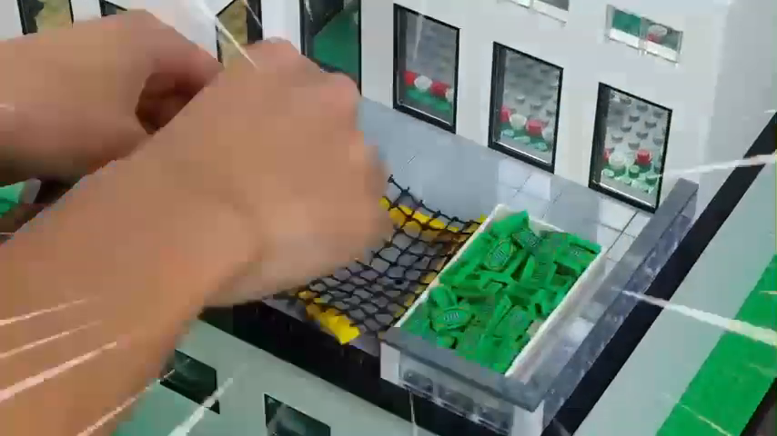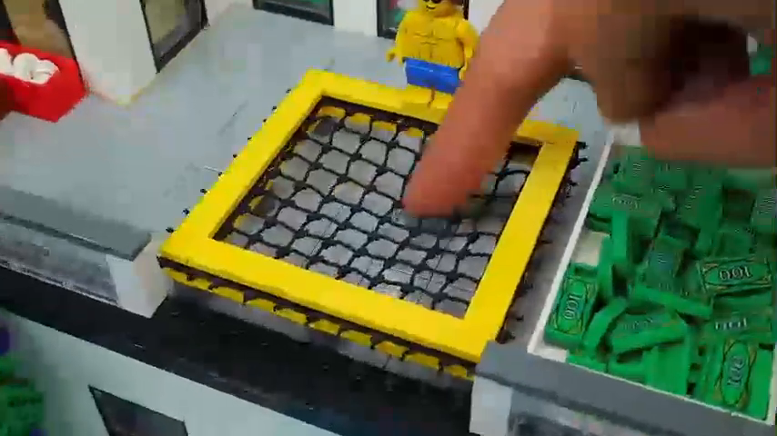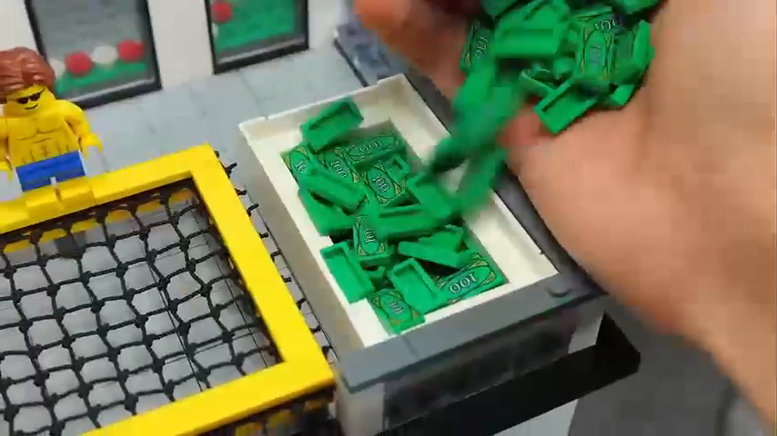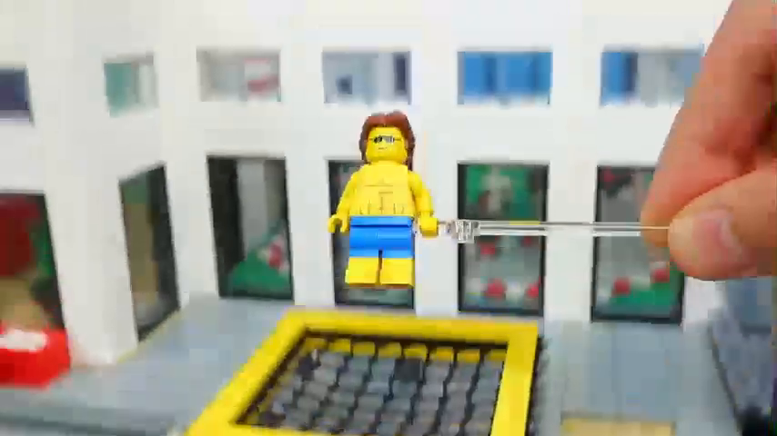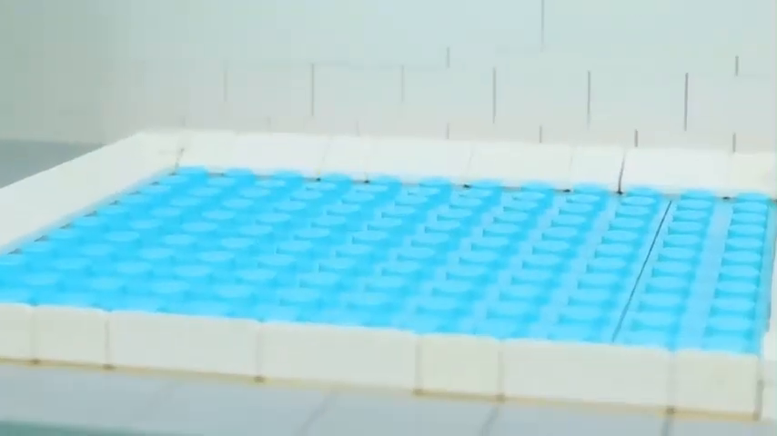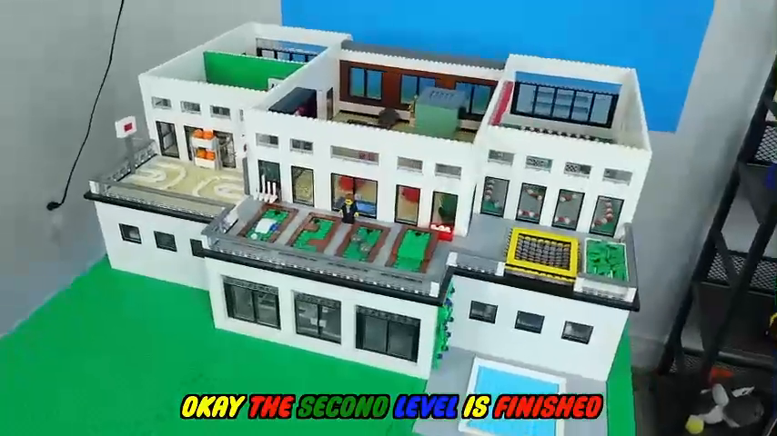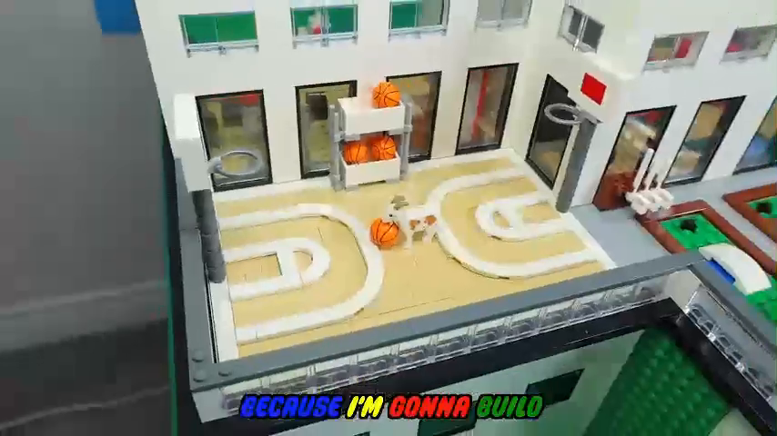I even built an outdoor trampoline park. With this trampoline I built using a net piece, you can either decide to jump into this pool full of money since we're so rich, or if you're brave enough, you can jump off the literal balcony into this pool of water. Okay, the second level is finished, but we're not done yet because I'm gonna build one final